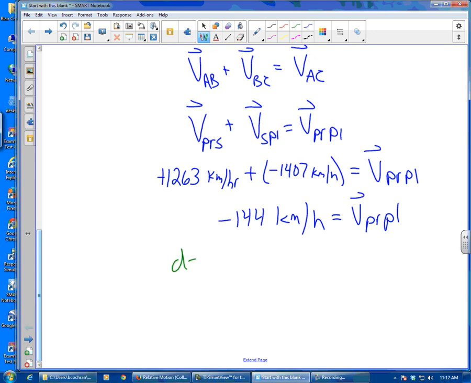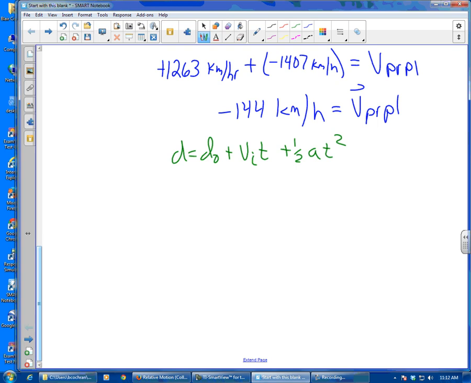I use x equals x naught plus v initial t plus 1/2 a t squared. Any acceleration? Nope. We'll say we start at position 0. So I want to know it's got to move 50 kilometers. Actually it's got to move negative 50 kilometers, right? Because it's got to come left. 50 kilometers equals negative 144 kilometers an hour times t. Solve for t,